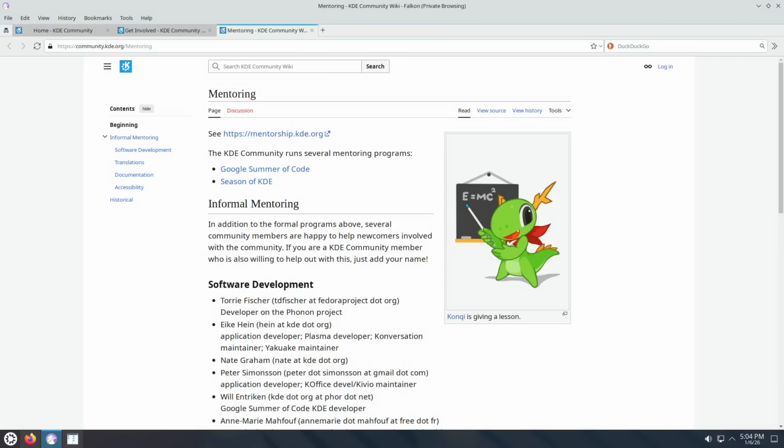Hello, this is how to participate in the mentorship programs from the KDE community, such as Google Summer of Code